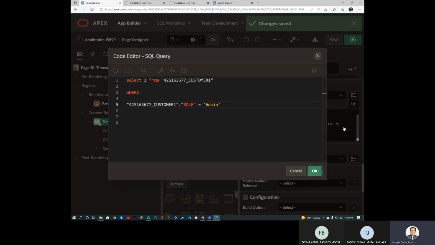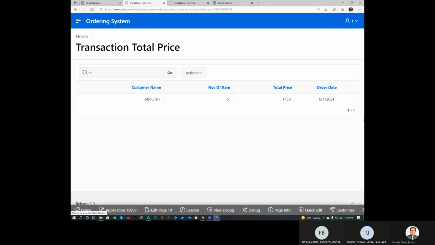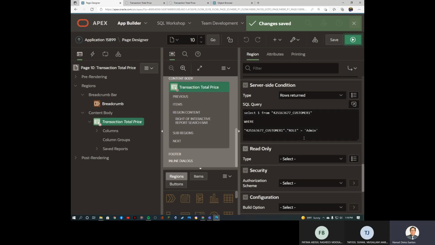Okay, if the role is admin and I run this one, of course, the return value will be there, the role, that customer, which is